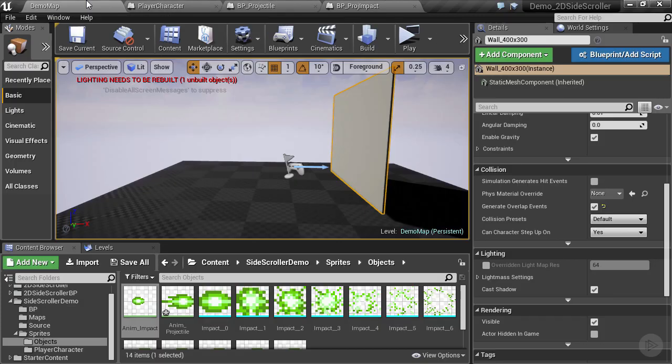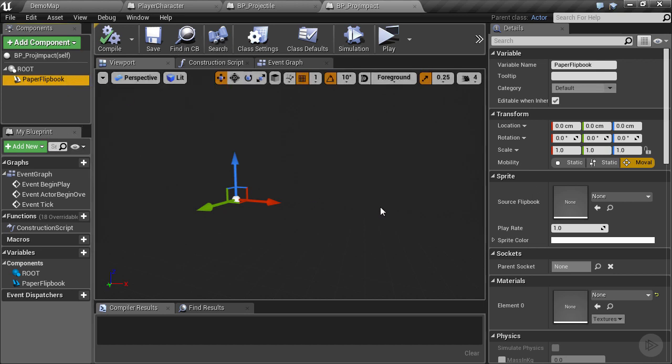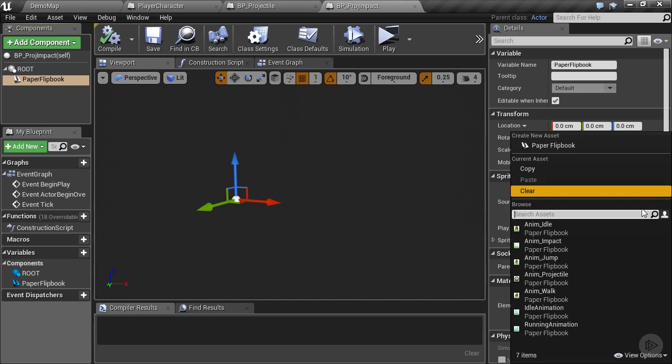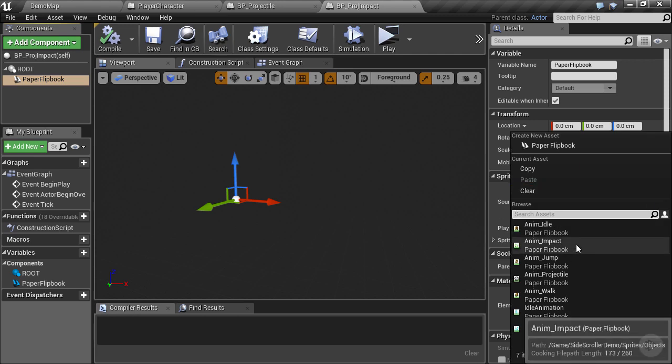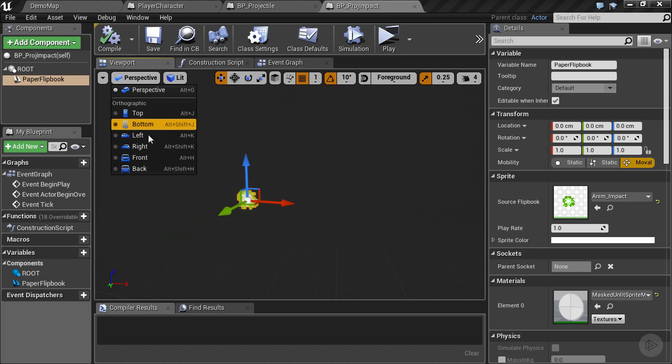So if we go to the BP project impact and go to our paper flipbook, go to our source flipbook, and this time just search for Anim Impact. Double click that,